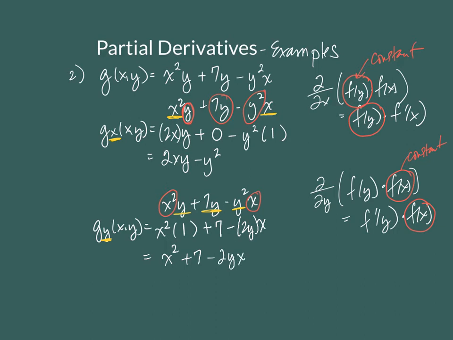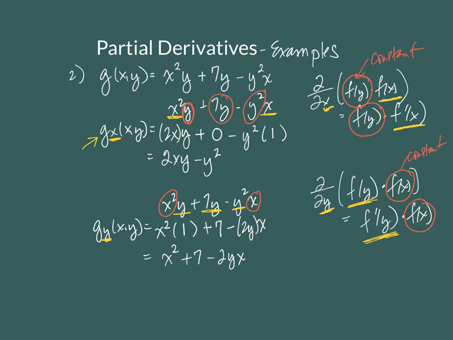Okay, so again, I'm going to reiterate, we're using the constant multiple rule here. So I've got the constants circled in the constant multiple rule, and in each case, when you're taking the derivative with respect to x, then we just need a derivative of the part with an x, and when we're taking the derivative with respect to y, then we need a derivative of the part with y, and that's exactly what I've done here. If I go back up,